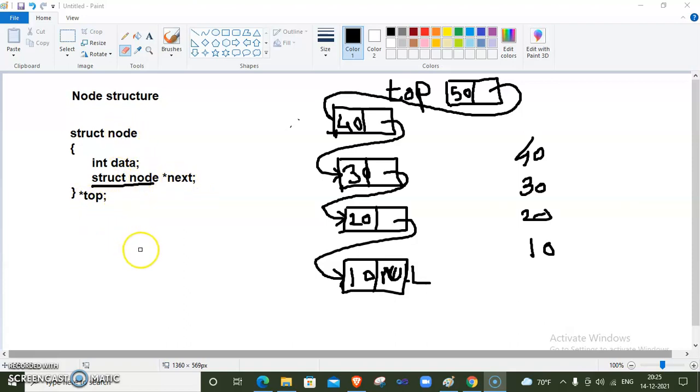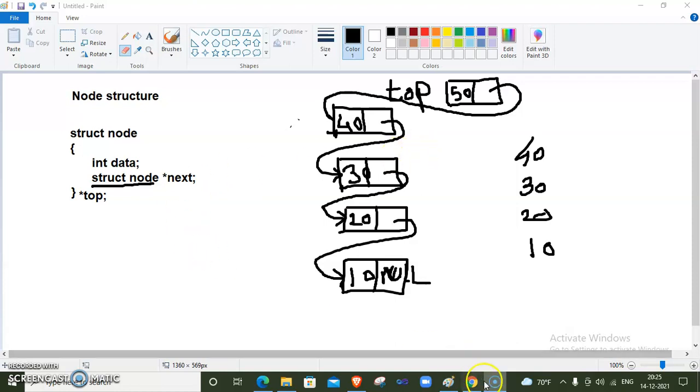In the array implementation we declare the top as an integer and adjust the top as top++ and top--, in this way. But here in a linked list we need to update the top according to links and all. So in this video we see the actual implementation of a stack by using a linked list.